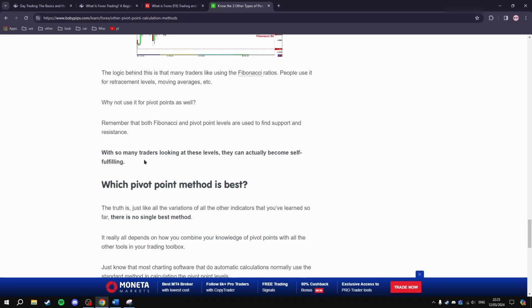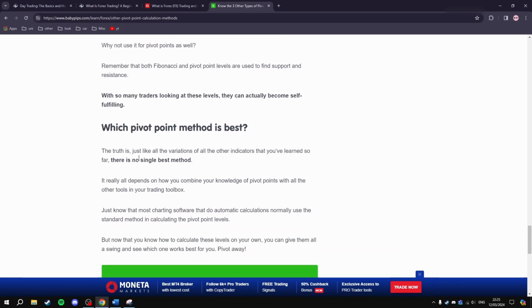Right. Which pivot point method is best? The truth is, just like all the variations of all the other indicators that you've learnt so far, there is no single best method, of course. It really all depends on how you combine your knowledge of pivot points with all the other tools in your